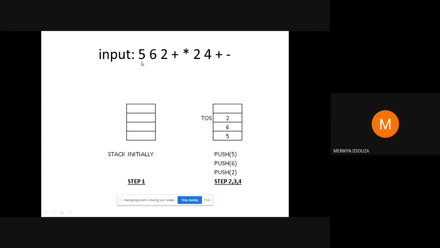Copy the expression: 5, 6, 2, plus, multiply, 2, 4, plus, minus, using stacks.